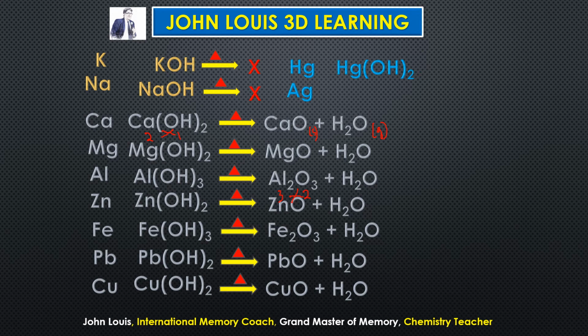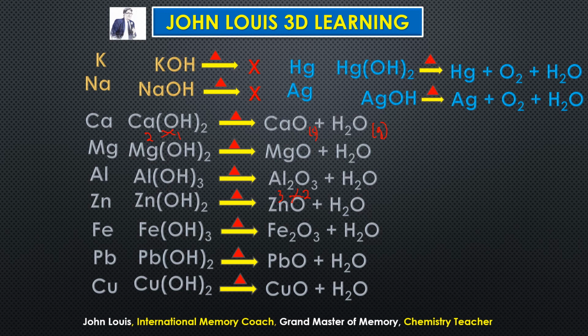So mercury hydroxide, as we have seen in the rule, gives metal plus oxygen plus water vapor. Therefore, here the metal is mercury, plus oxygen, O2, and plus water vapor, that is H2O in the form of steam, gas. Silver also, same thing. Silver hydroxide on heating gives silver plus oxygen plus water vapor. You got it? I have not given any balanced equation. You should know how to balance also. First of all, learn the rule, and according to the rule write the formulas correctly. You have learned how to balance all the equations.